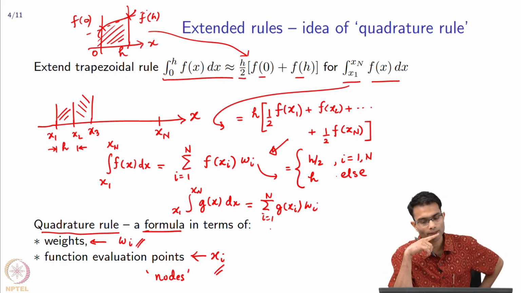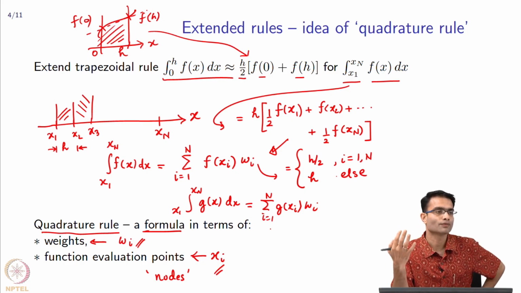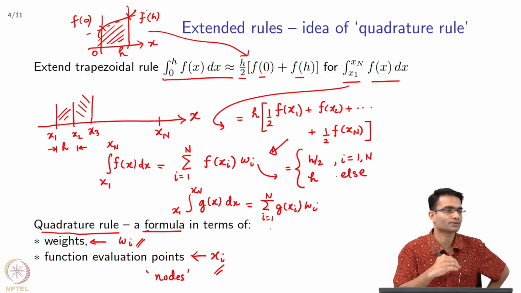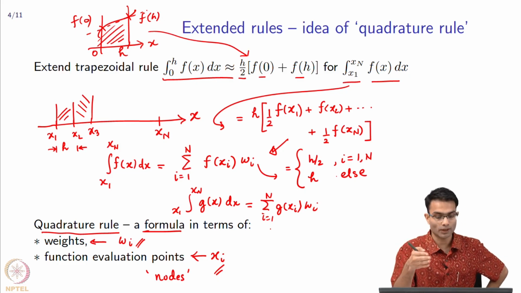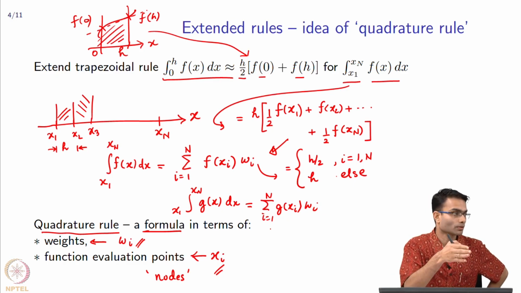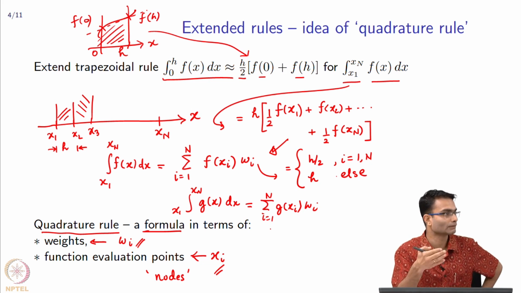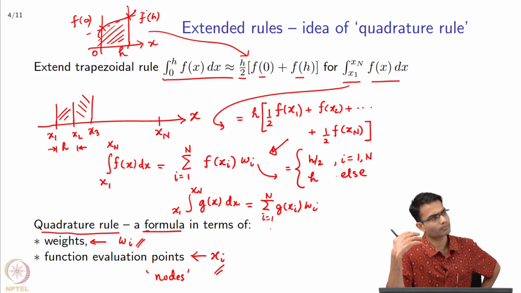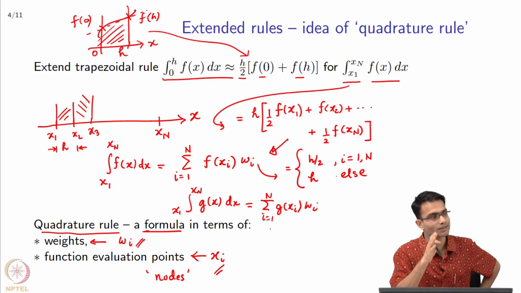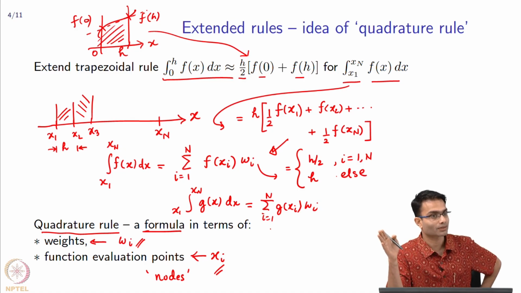So, now you can think, okay, how can we make this more accurate? Okay. We want more accuracy for the same number of function evaluations. Now it seems that if I want more and more accuracy, then I should evaluate my function at more points, right. If I want to fit a parabola, I need more points than if I want to fit a line, right. Now, so the question is, you can be greedy and you can ask, can I get better accuracy while still retaining the same number of points? So that's what we are going to investigate. Okay. So